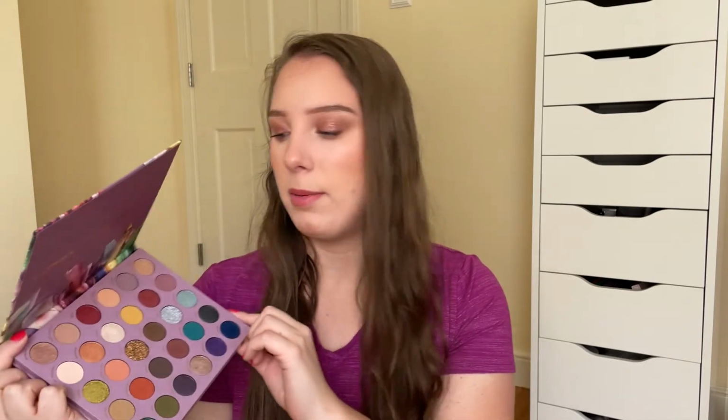all of the colors in here, and I feel like this is a great staple palette to have in your collection because you can get so many amazing looks out of it, and I did really enjoy reaching for this one. And then for the couple products that I was so close to reaching my goal on, the first one